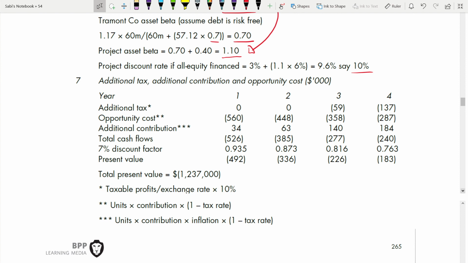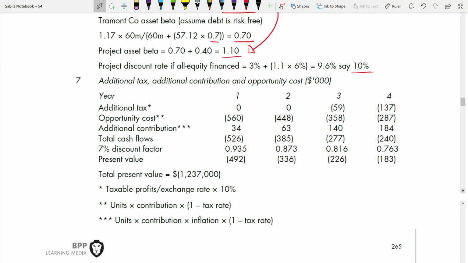Since this is an area where we are not so much exposed, yes, we always do net present value, but adjusted present value rarely, not all the time. So you need a little more practice and exposure in this area, because even in AFM, even in financial management, you're not so much exposed to it. This is a new area, adjusted present value. Net present value you have been calculating from your F9 stage, so you're very familiar and know how to do all those things. That's why I'm focusing more on adjusted present value.